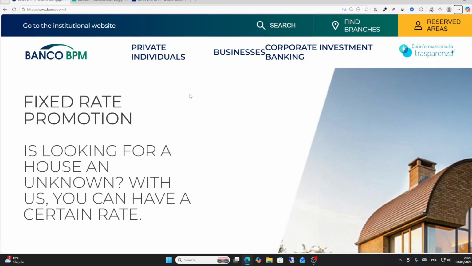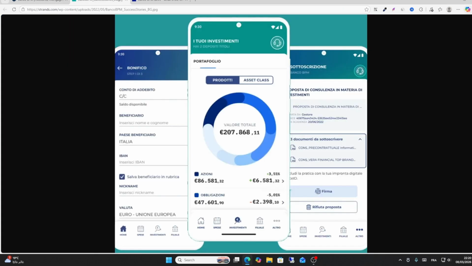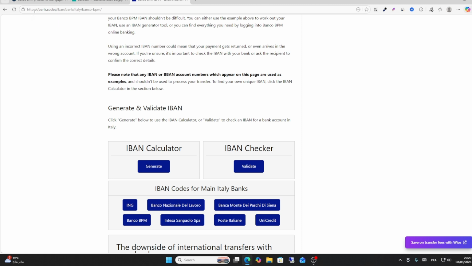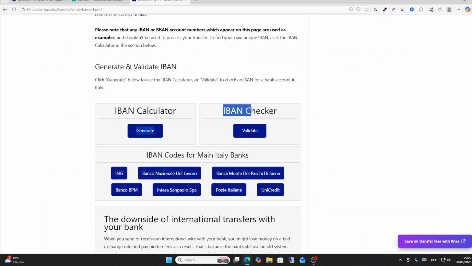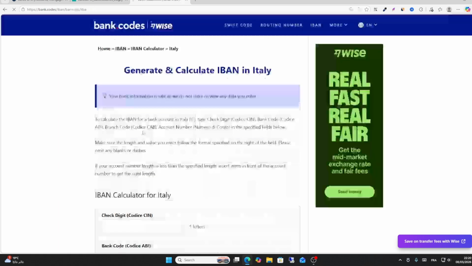I will show you step by step how to find your Banco PBM IBAN. So if you want to find your IBAN, go to this website, bankcodes/IBAN. This is the website you can see here. Check this website. All you have to do is go to the section IBAN calculator, click this one, generate, and then